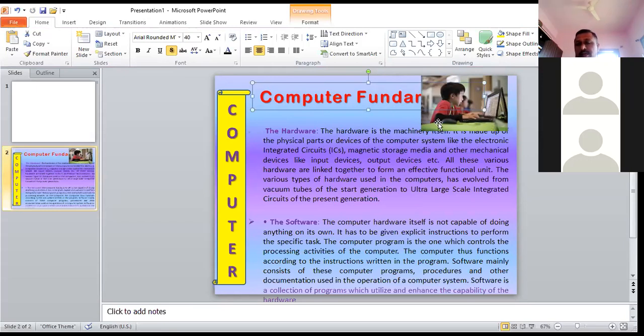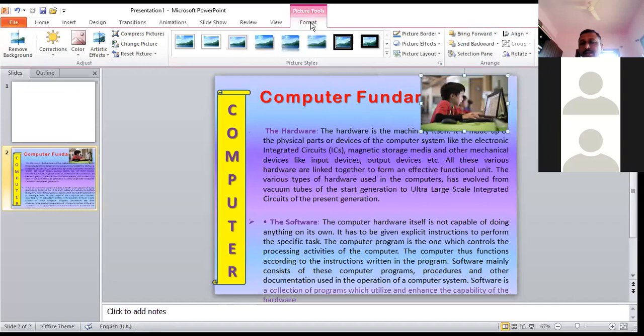Then what I can do there, I'll select the picture first. Then you can go to the format tab. In the format tab there is an option to arrange the sequence of the pictures or the two objects. Now here there are two objects, one is the text and another one is the picture. This picture I have to shift behind all the text. Then I can use the arrange group.